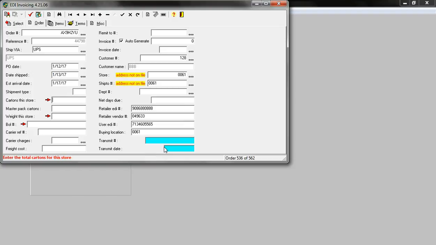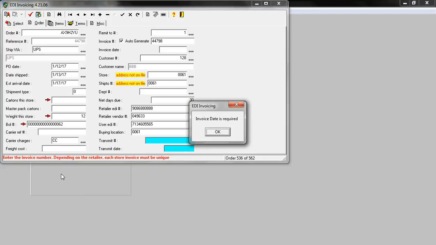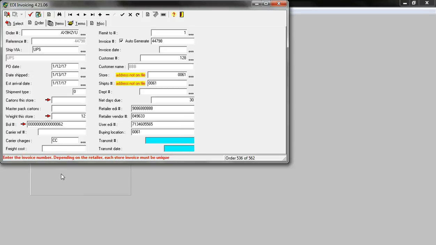I'm just entering through a lot of these fields. Total weight for the store. I can put in a bill of lading number, which gives you a VICS BOL. Carrier charges. Collect is CC or PP for prepaid. Here's your remit to information. It can auto-generate an invoice number for you, or you can fill in your own invoice number. I'm just going to go ahead and enter through